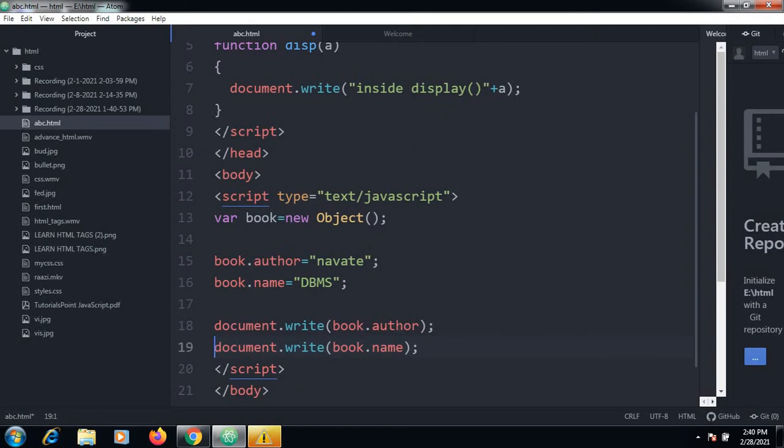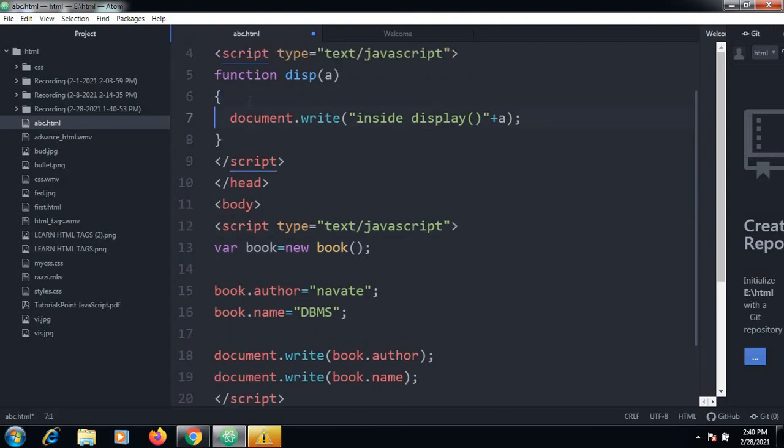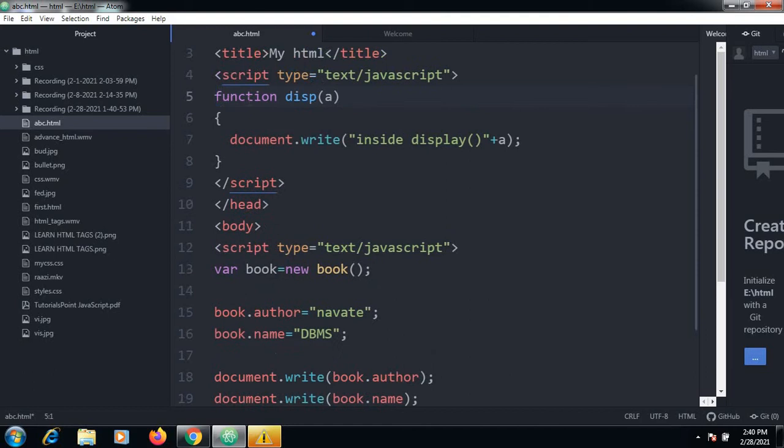You can also do it by using a constructor. How to do this? By using the constructor. There is no built-in constructor, so I have to define a constructor here. Instead of this, I will just remove this and define a function, let's say book.